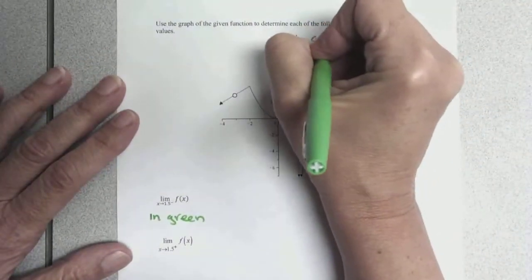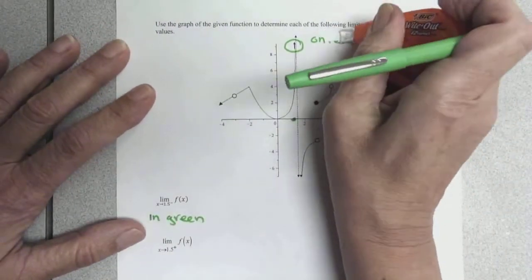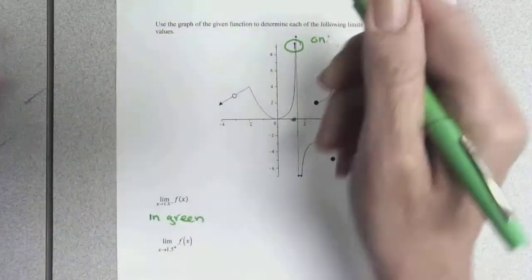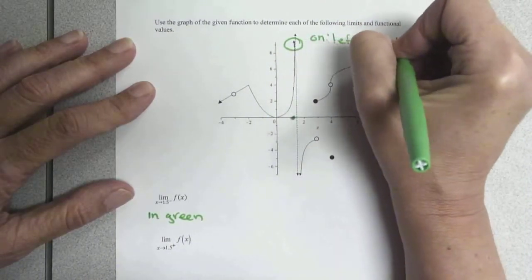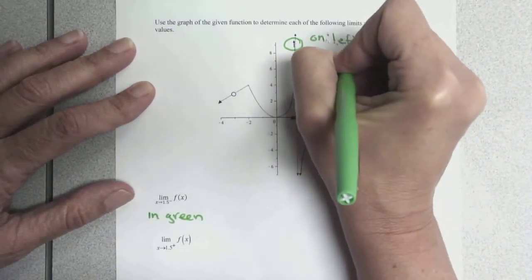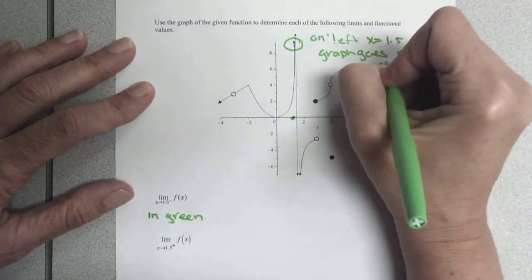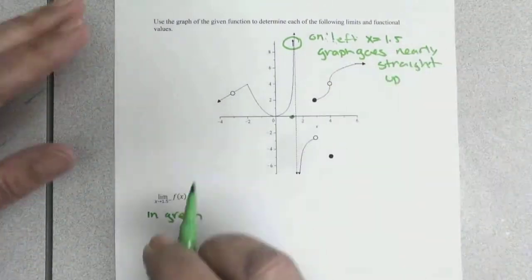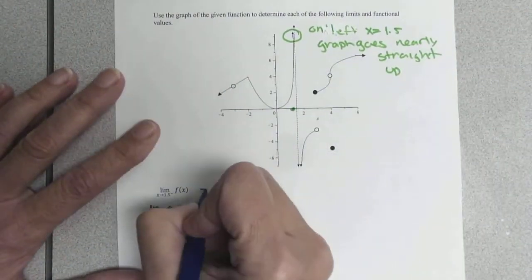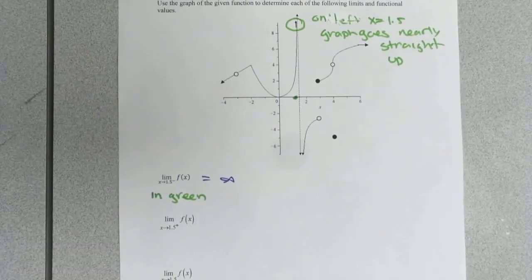So on the left, let's make that a little more legible. On the left of x equal 1.5, graph goes nearly straight up. And so we're going to describe that as saying that the limit as x approaches 1.5 from the left